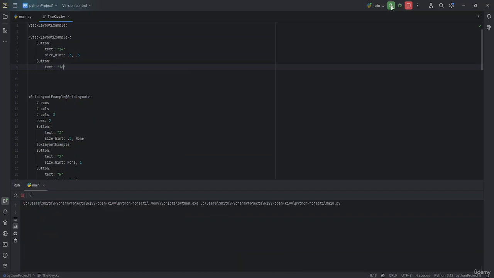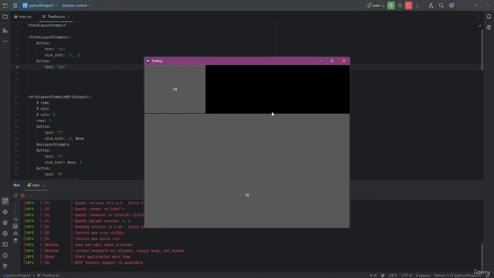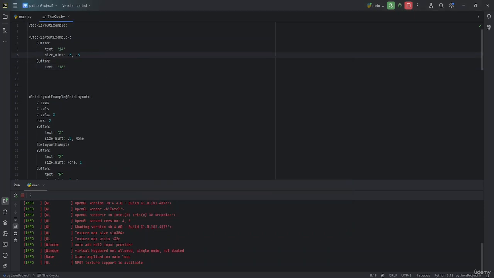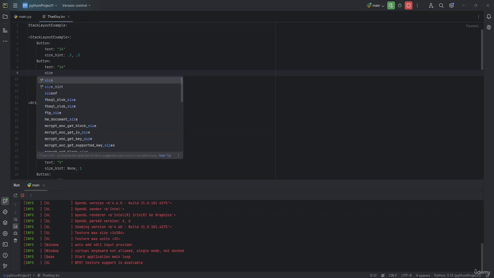And if I play it out, it's going to be at the bottom and it's going to take up a lot of space. Okay. So as it has taken up a lot of space, we're going to be using the same size. Okay. So for the size, we're going to be copying this up over here too. So if I put in size